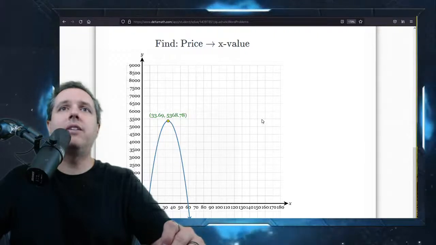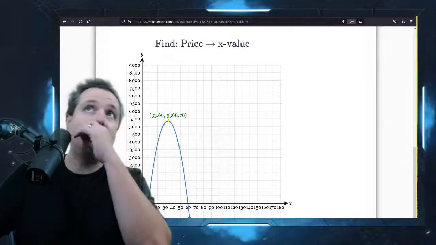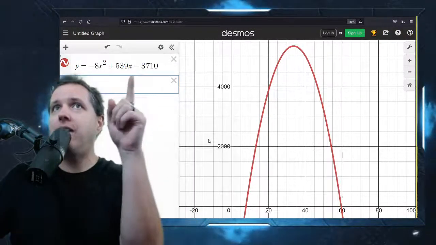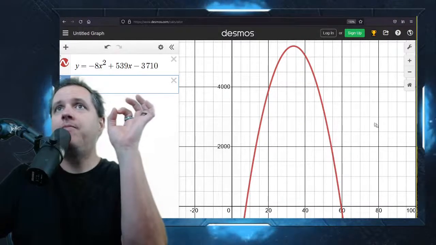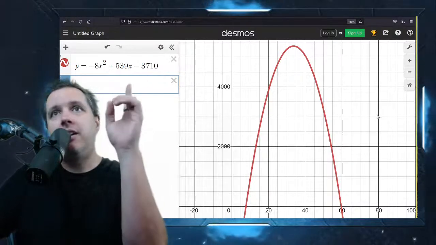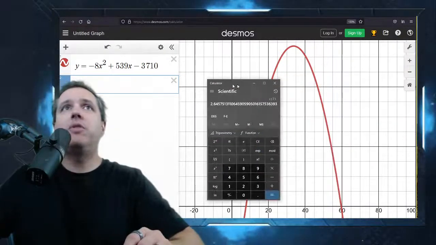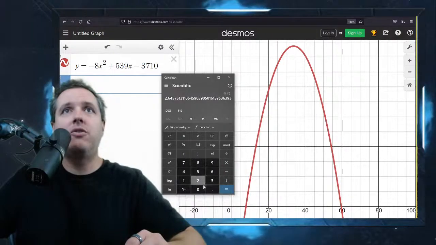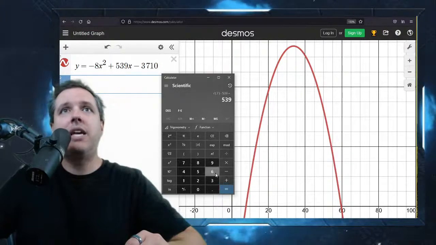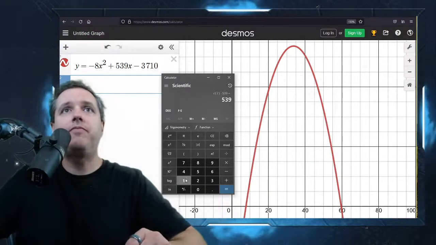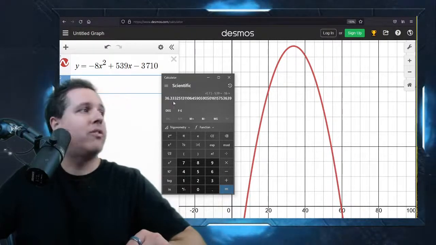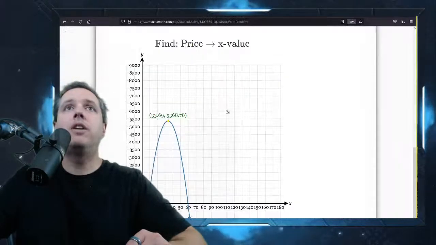Okay, so how do you figure out where that exact value is? There's a couple ways to do it. One of the ways we do it is you figure out negative b over 2a. So remember the a, b, and c that we used with the quadratic formula? Same idea. Negative b over 2a means that we would take, so b is 539, so negative 539 divided by 2a, which is going to be negative 16, so I'm going to go 16 sign change equals 36.33, and if we go over here,